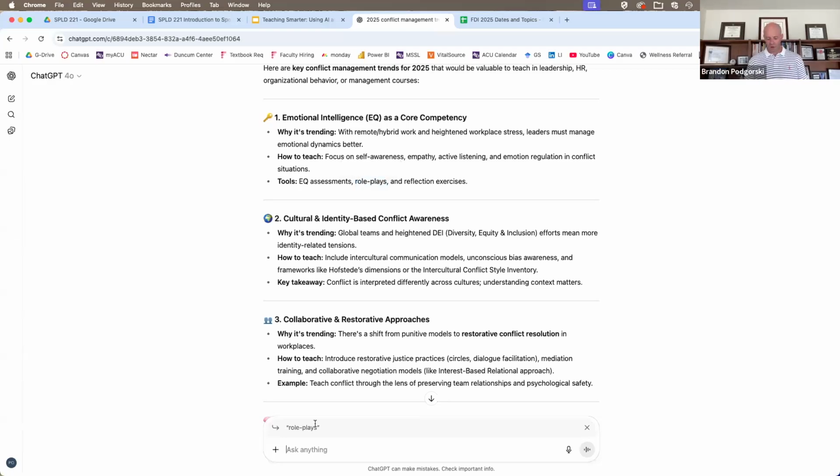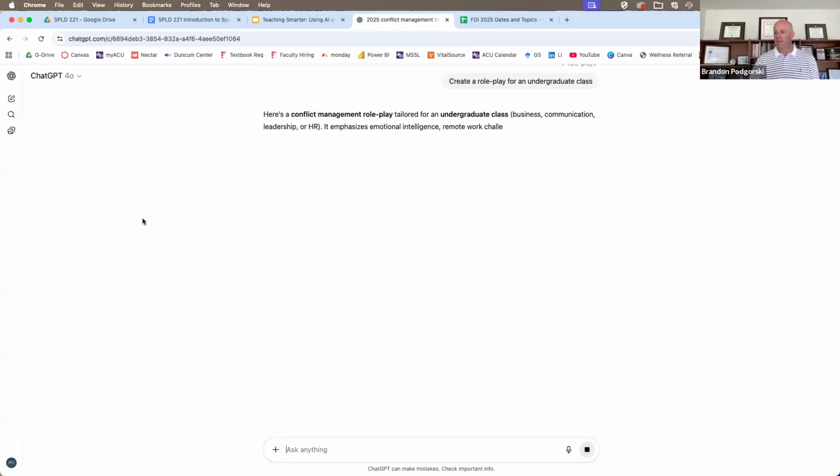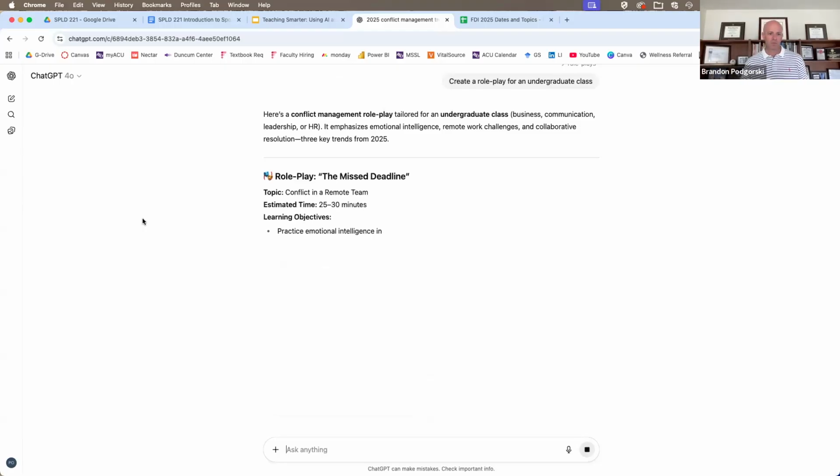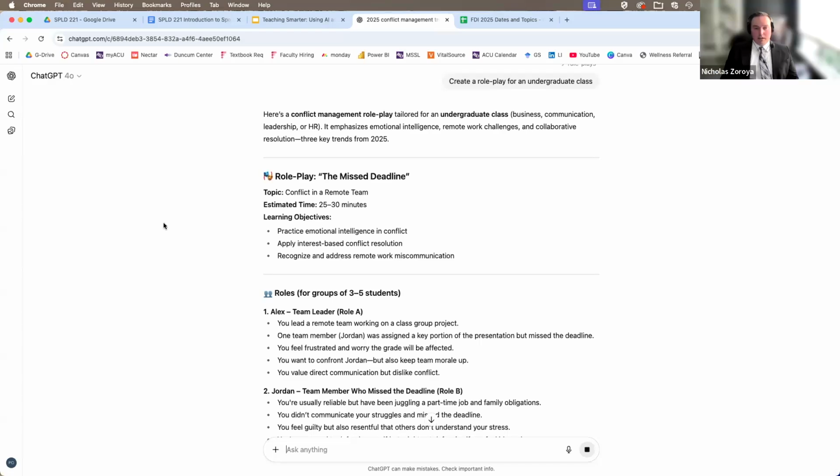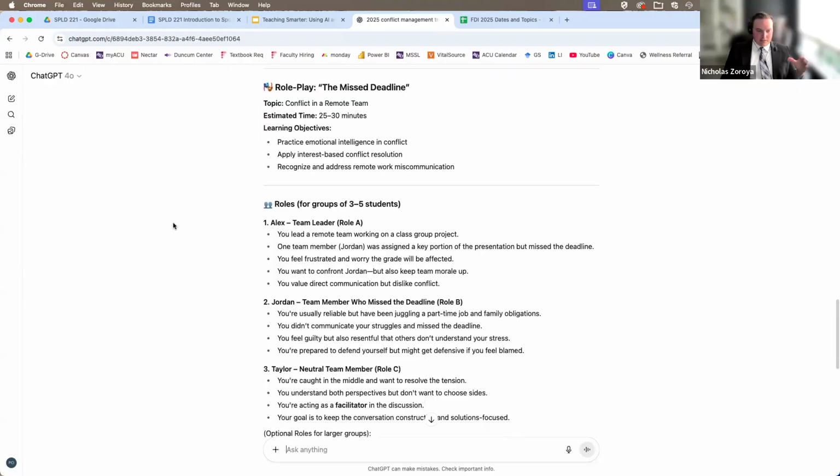So if I click that and I'll say, create a role play for an undergraduate class, and then it's going to come up with some type of role play or an assessment you could use. And then, as Nick was saying, the more prompts you give it to refine that and make it fit your class, make it fit your objectives, it just saves you probably an hour's worth of work right there. And then I'll ask you to add one more prompt since you already have this naturally